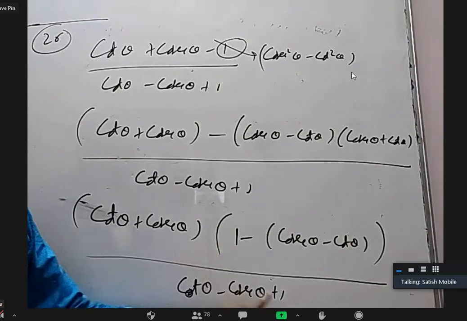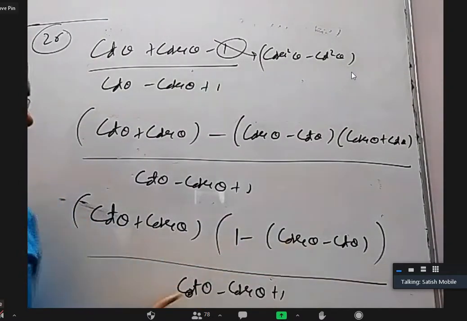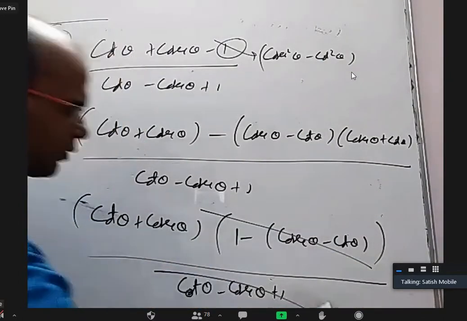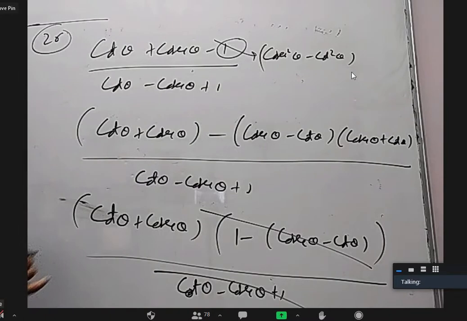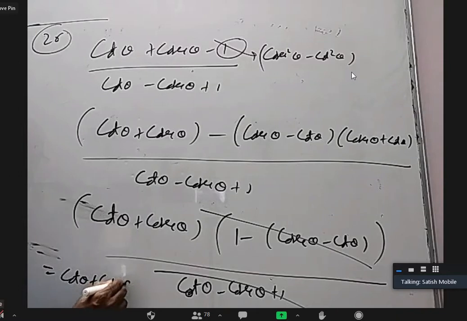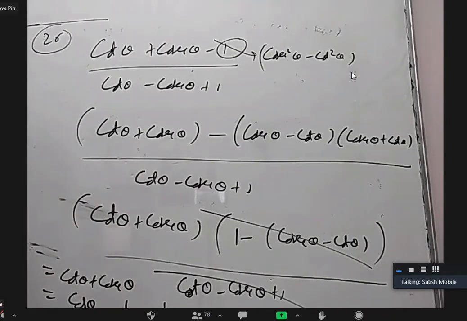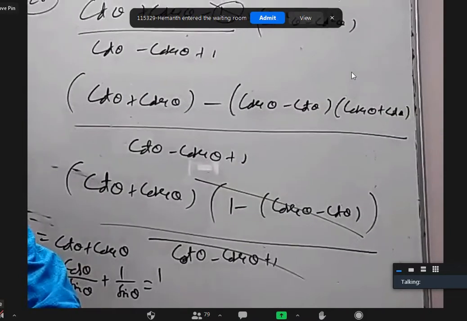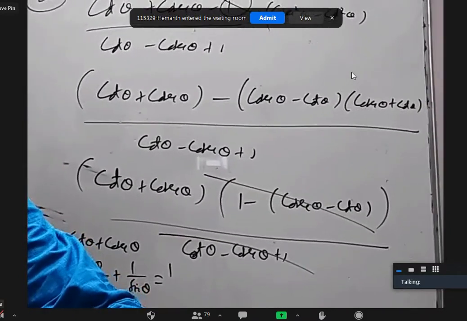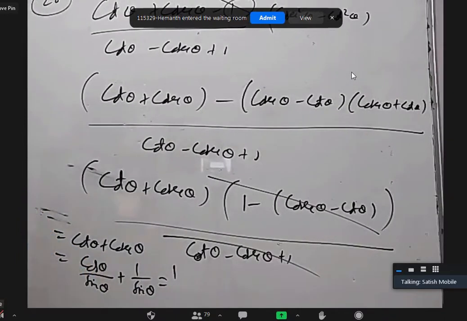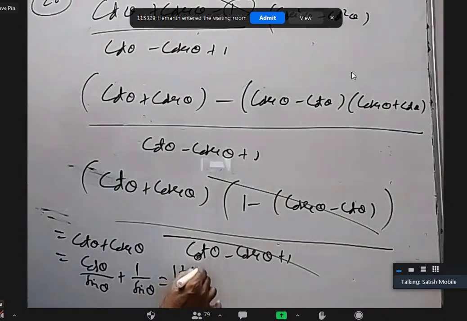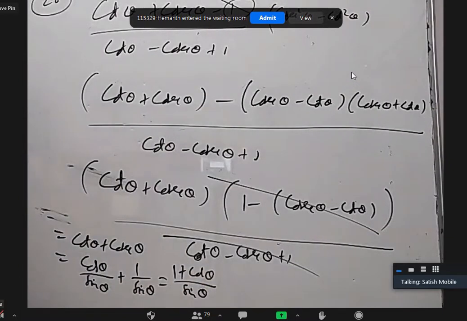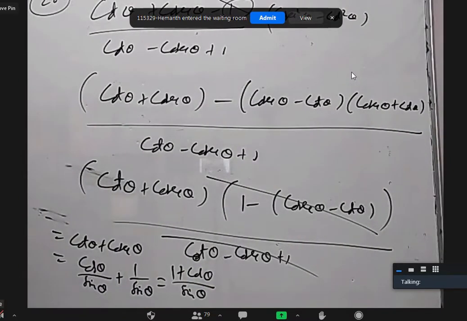You can see here 1 is there, here 1 is there, minus cosecant plus cot theta. So this and this are same. So this whole thing will cancel. We'll be left with this. And now whatever we got, that is cot theta plus cosecant theta. Cot theta I can write cos theta by sin theta. Cosecant theta I can write 1 by sin theta. Okay. Then I can write it as (1 plus cos theta) by sin theta. I think that is one of the options. Correct option. Yes, sir. Okay.